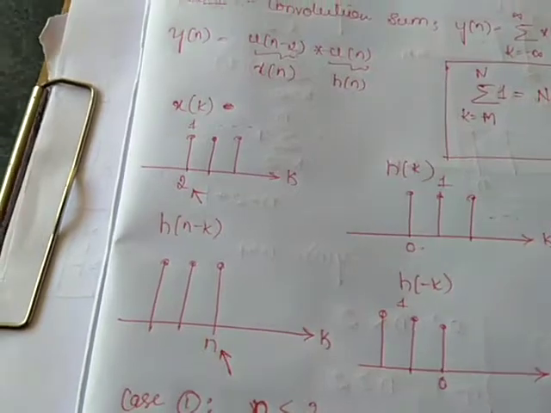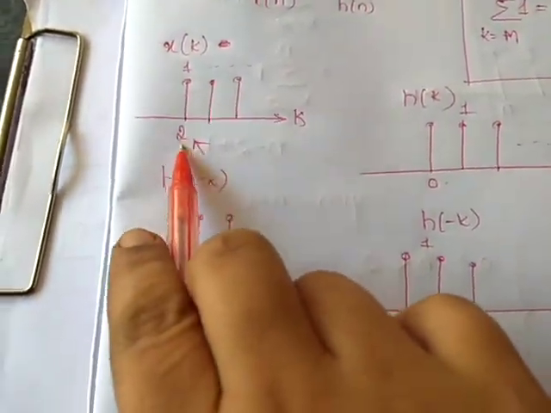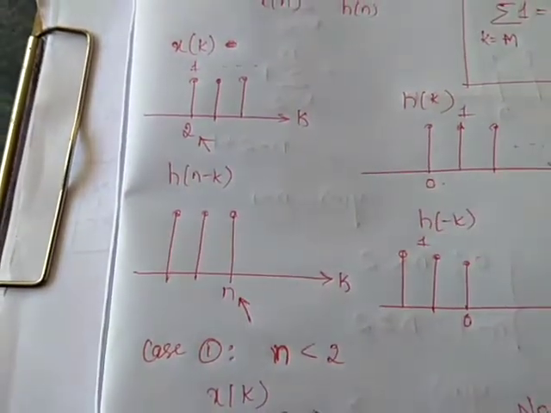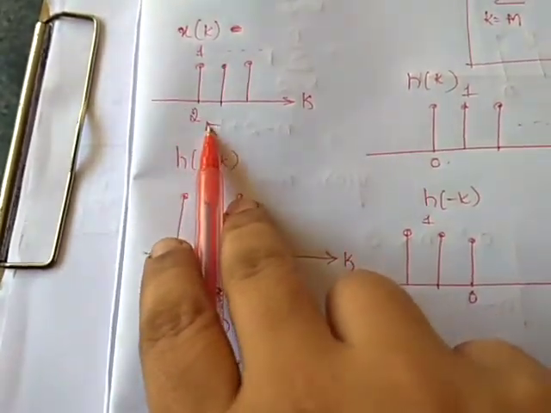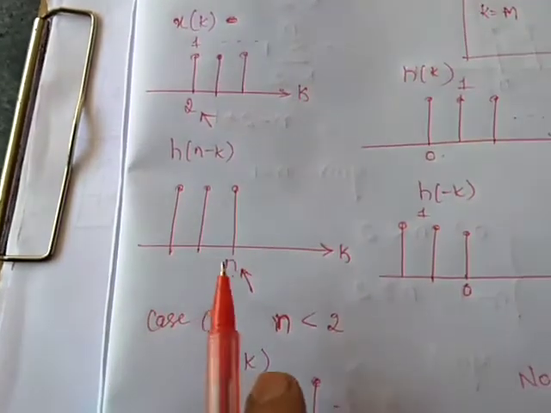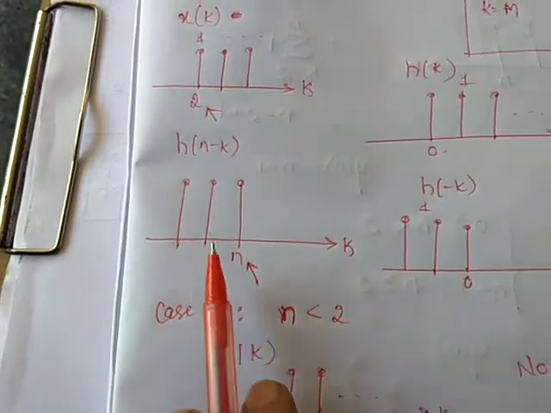Students, one suggestion: in a discrete time signal, indicate the time only for the first sample. Don't indicate the time for the remaining samples, or you will definitely end up with confusion. Write the interval only for the first sample; for the remaining samples, do not write the time interval. Here also 0 is there, so 0 plus n is n. Next, what do we need to do?